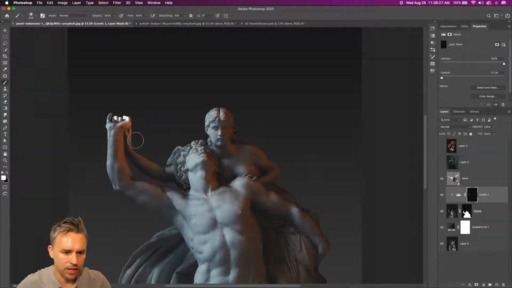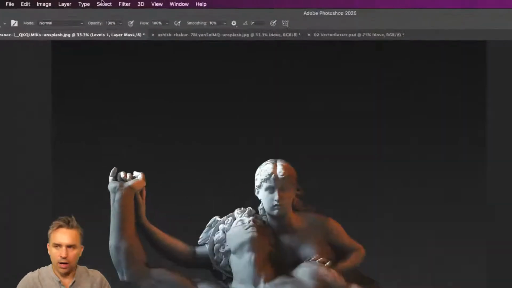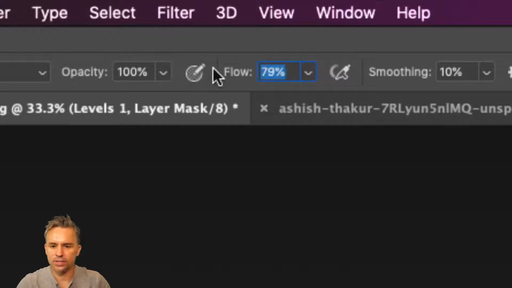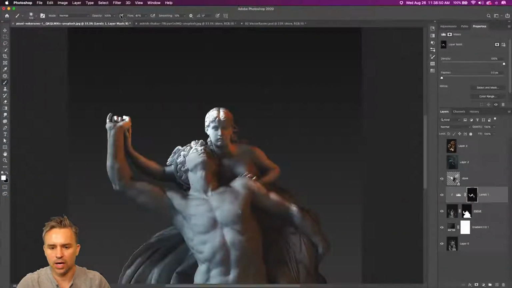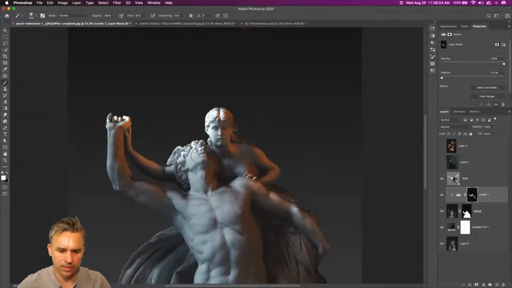I can come up here and just kind of start painting like so, and it's adding more of a splash of brightness on top of these particular characters. That's all I'm doing. It's going to splash more light right here, right here. I'll also take the flow down as well. I'll use the flow a lot. That means it's going to build up to 100% and won't be 100% to begin with. So that's all I'm doing, just adding a splash of light on the top, because that's where I'm going to also add